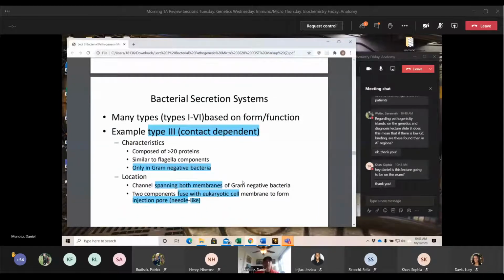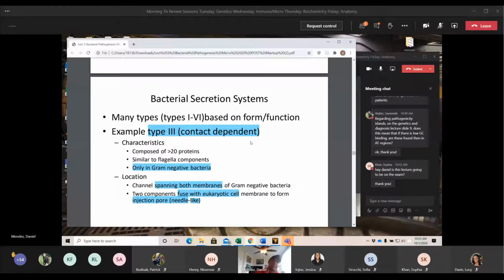So our most important effector example, I know Dr. Anderson mentioned that this was important. He is not joking. There will be a question on this. There might be two, but there will for sure be a question on type 3 bacterial secretion systems on this test. And then in block 2, you're going to have more than one question on it because he will go over it again when you go over E. coli.